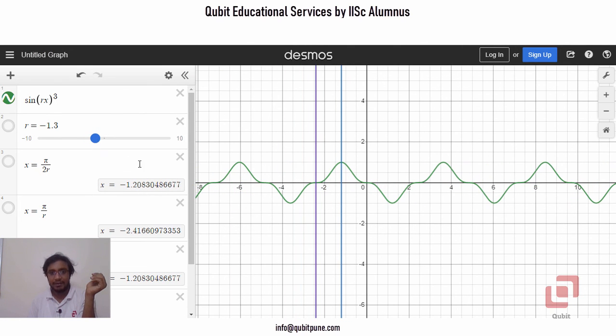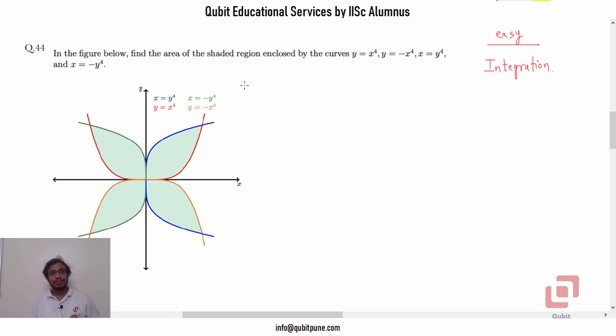Okay, any negative value, hence our answer is correct. Let's now solve question number 44, second last question in maths, which says, in the figure below, find the area